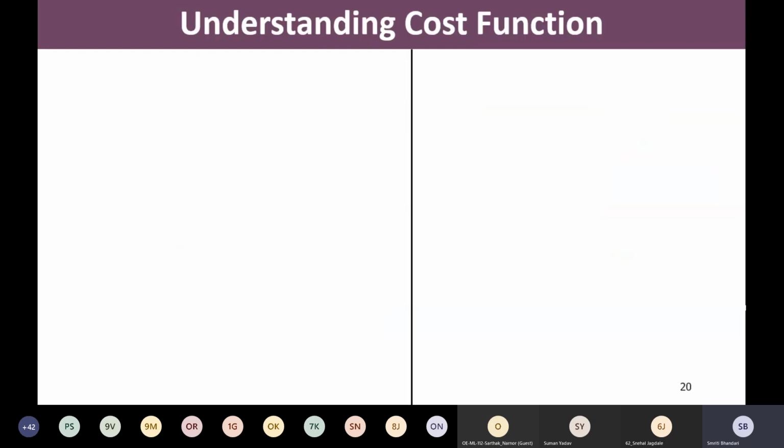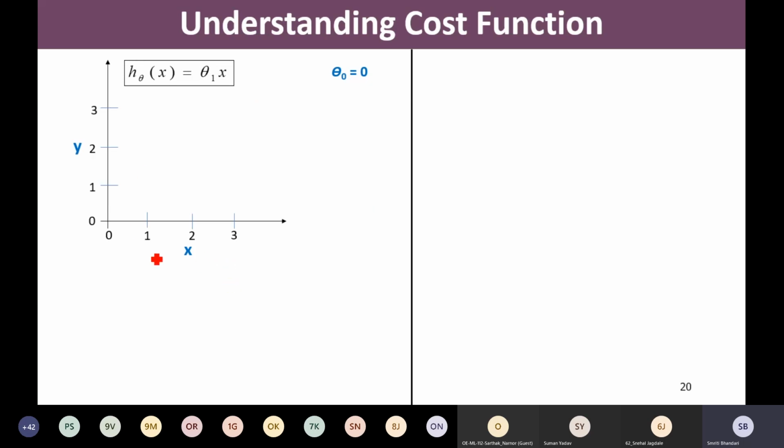Okay? So just to give you the intuition of how to understand this cost function, I'm having one simple illustration. Let us go through this illustration and then we'll conclude the session. It is really very important for understanding. Please understand. If you have any doubts, please raise your question. So, I'm having theta 0 right now equal to 0. My hypothesis is h theta x equal to theta 1 x. Now, we have some x values and the associated output y.